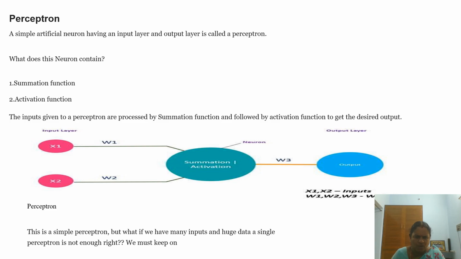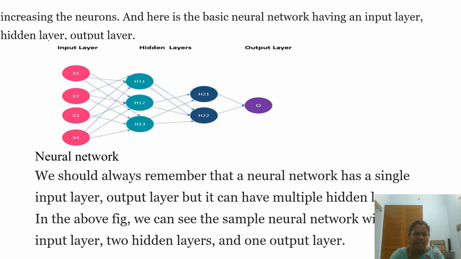X1, X2 are the input layer, followed by the weights W1 and W2. The summation function and activation function, that is your neuron, activates and it gives the output layer, where X1, X2 are the inputs, W1, W2 and W3 are the weights. So this is a simple perceptron. But what if we have many inputs and huge data? A single perceptron will not be enough right now. So we must keep on increasing the